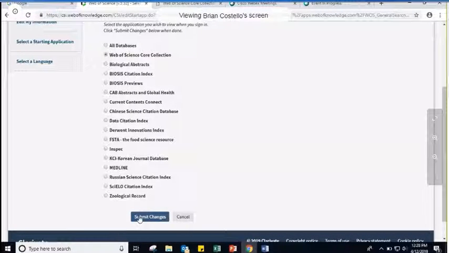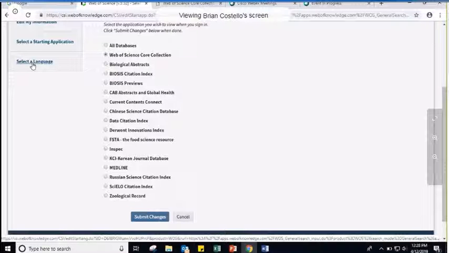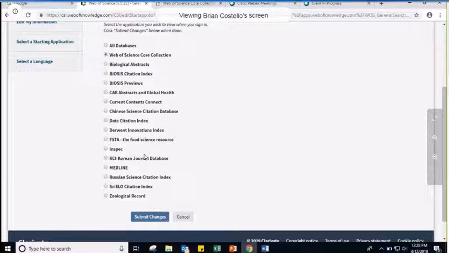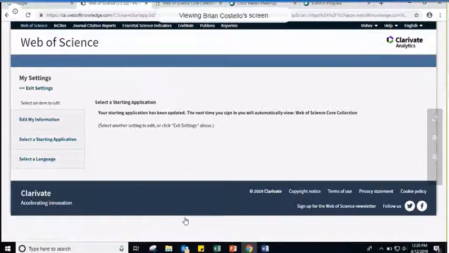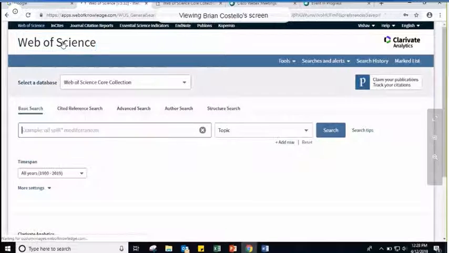What do we mean by starting application? Since I've selected Web of Science Core Collection, let me just go back and I'll show you what it means. So depending on whatever you choose, you can submit the changes and it will happen. Select a language. Again, it's simple. English and a couple of other international languages are there. You can switch to those languages if you want. I'll not show this part. It's quite simple. Coming back to the starting application,